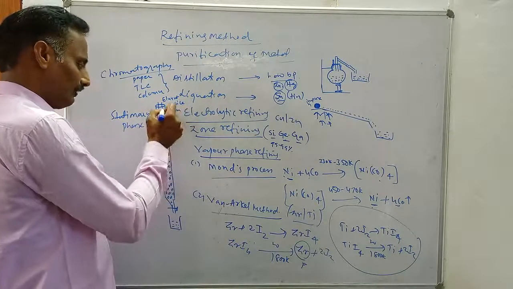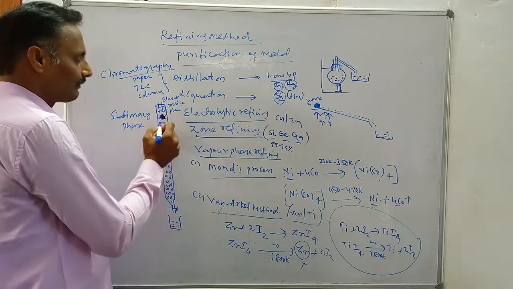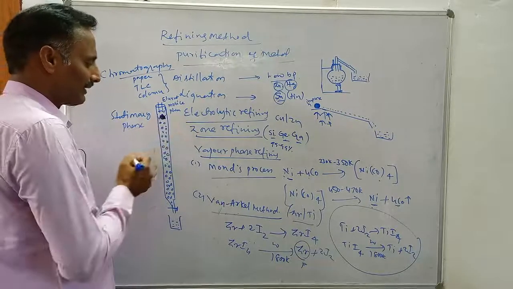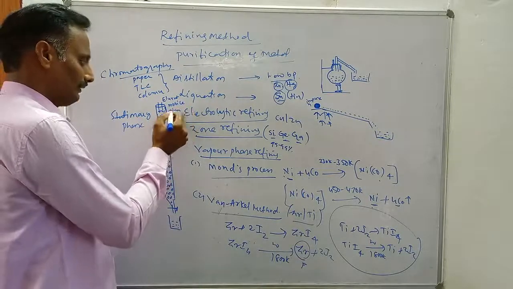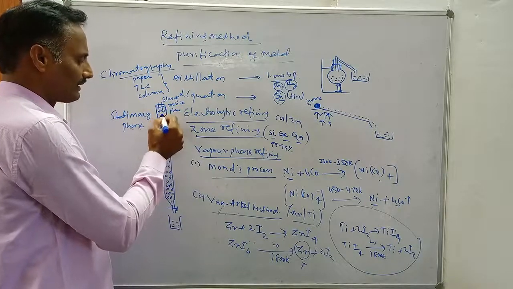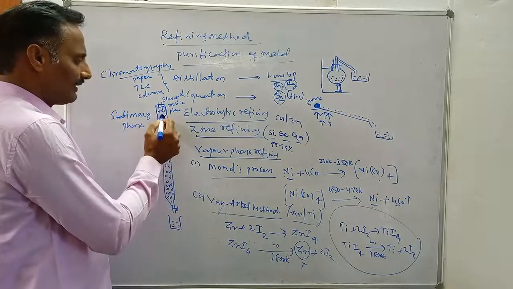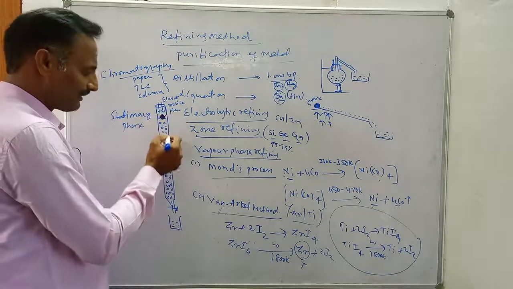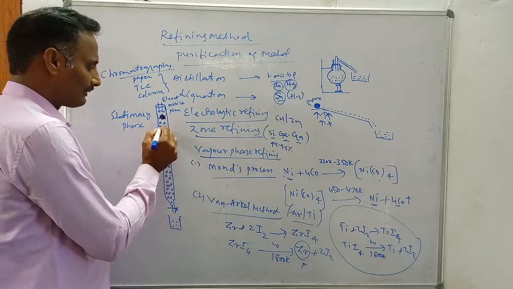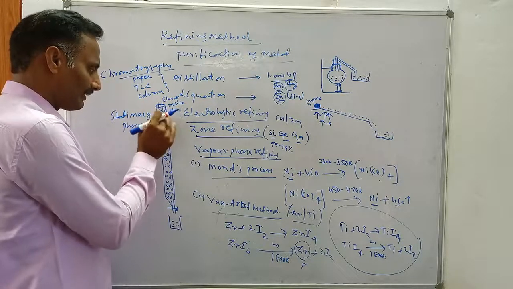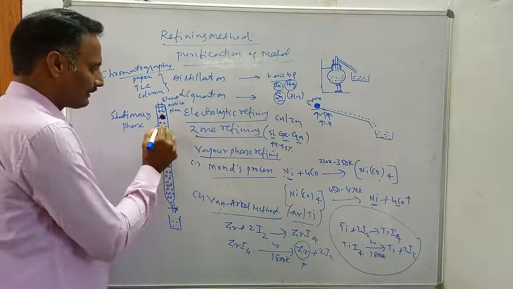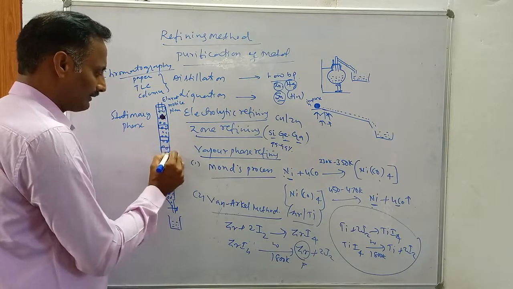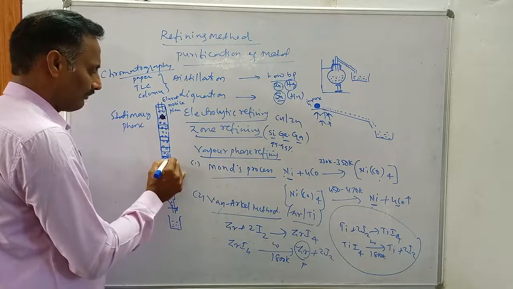By adding a suitable eluent to this impure substance, which may contain different types of substances, say substance A, B, or others, the mobile phase dissolves these impurities. Based on their affinity towards the stationary phase, the different components move different distances. When the eluent moves, it carries different components different distances. This is layer 1, this is layer 2, this is layer 3, and this is layer 4. We get different layers.